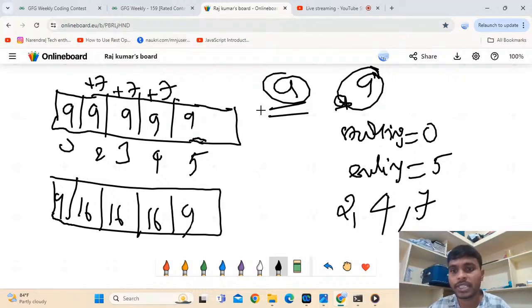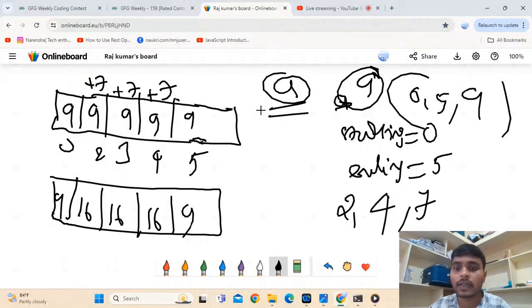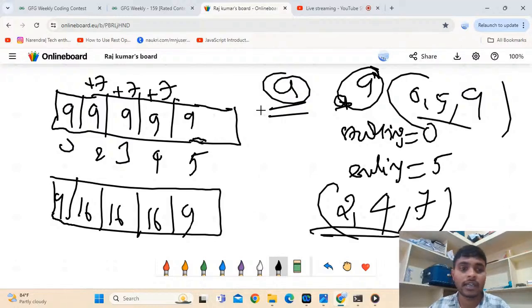If you have two queries, the first query is 0 comma 5 with 9, and the second is 2 comma 4 comma 7, our distribution robot is distributing like this. So our final array is this. I can fill this in another way also, but if you fill it like this, if I traverse each vector for each query, we will get TLE, because